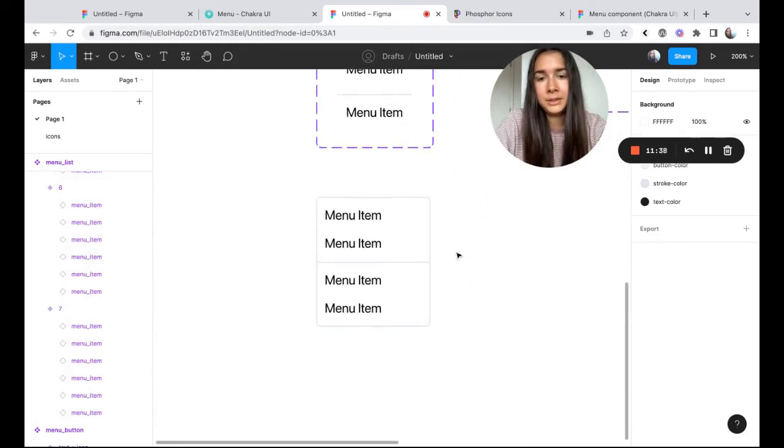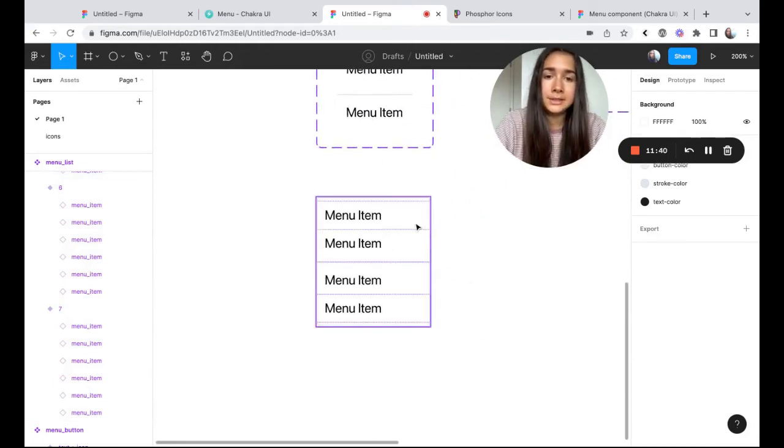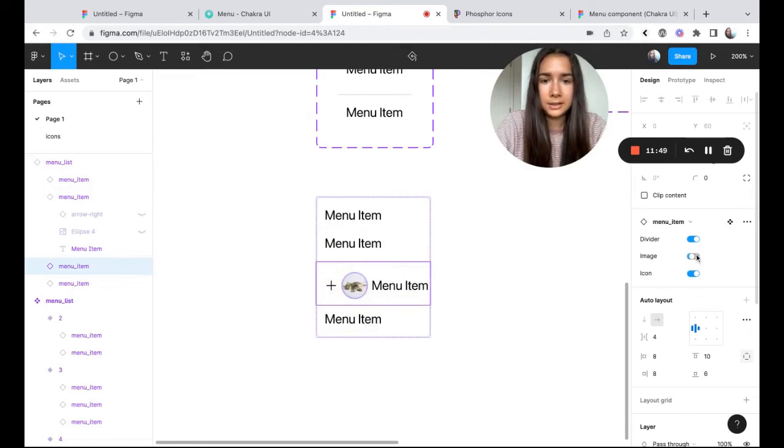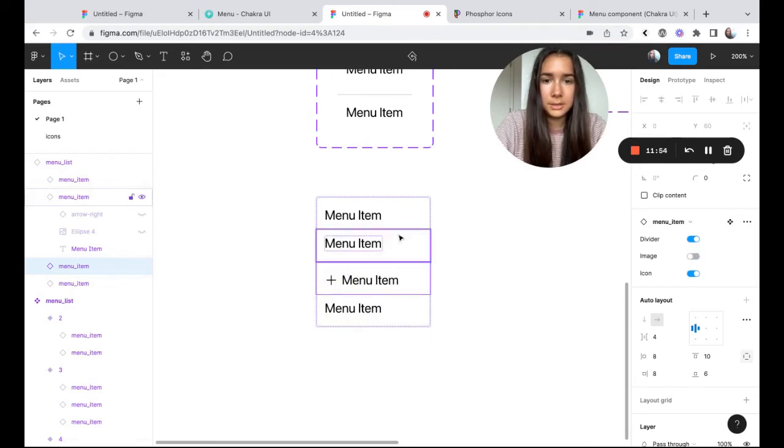But aside from that, we have our menu list with our menu items, and we now have an ability to set a divider, an icon, or an image.